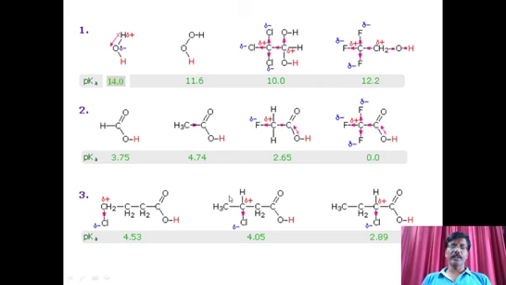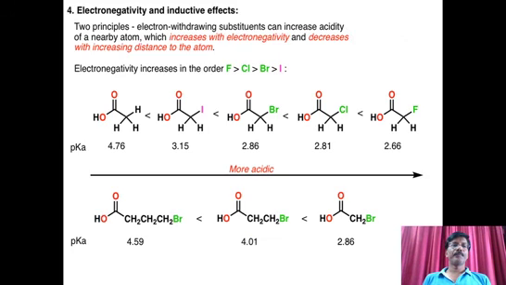So again, you compare this acidity. Alpha chloro is strong, beta chloro is less, and gamma chloro is least acidic in nature. So all are the same type, but the position of the chlorine atom is different. Yeah, you can see here